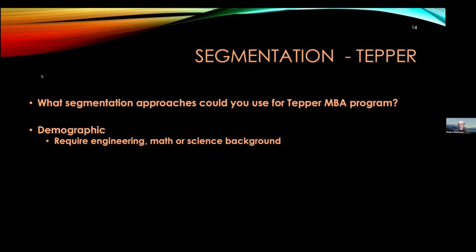It was interesting because that really narrowed the customer base. The school changed and went away from that. And the question is, was that a good decision or not? I'm not going to comment on it. Geographic: target students from specific countries. So when I was at the University of Chicago, we knew that there were a lot of Eastern European students who were very well trained, who were very interested in applying to business schools. And the question is, how do we reach them?